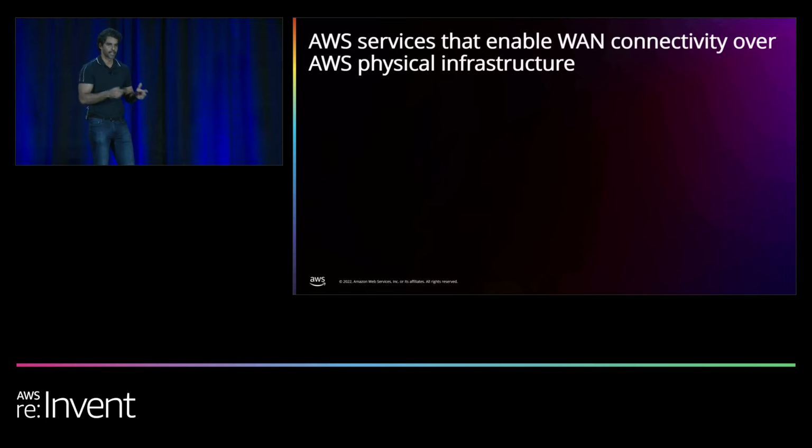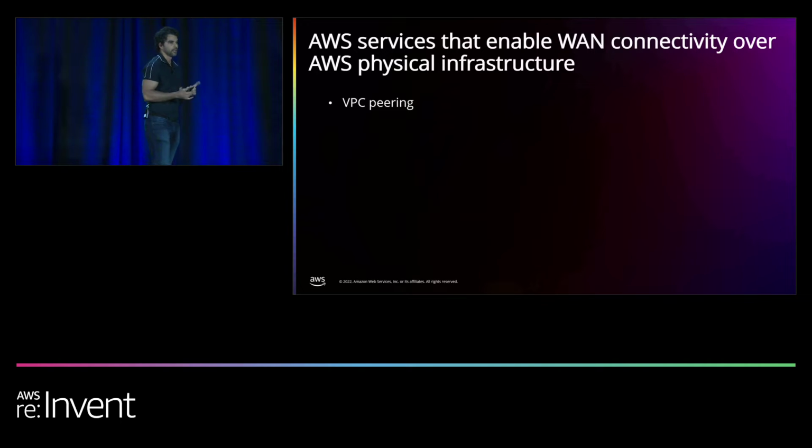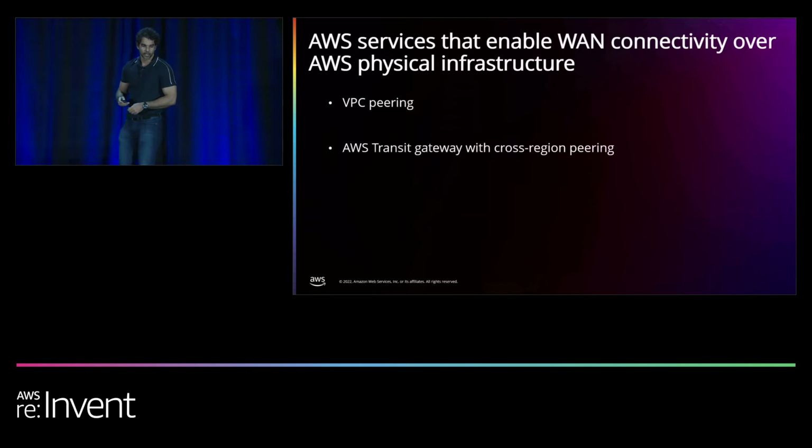So let's recap the AWS services which we just talked about. VPC peering, a fundamental way to connect VPCs together. No additional gateways, no additional hardware, no additional bottlenecks, no additional hourly costs. If you just want to connect a few VPCs together, that's the way to go. Now, AWS Transit Gateways enable scale. You can connect up to 5,000 networks. You can create route tables. You have additional functionality like multicast and private VPN.